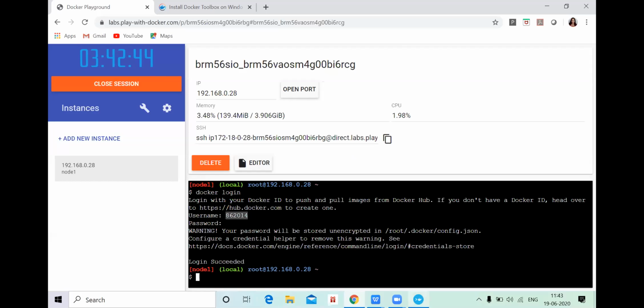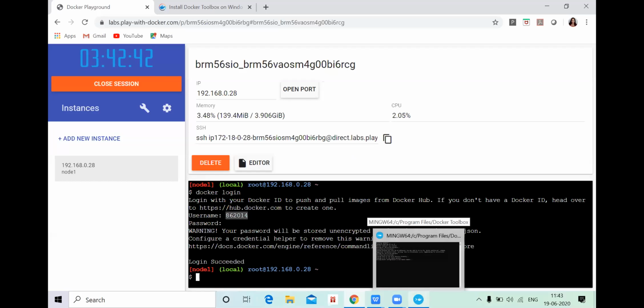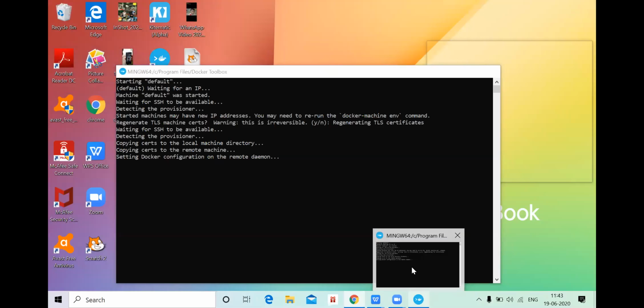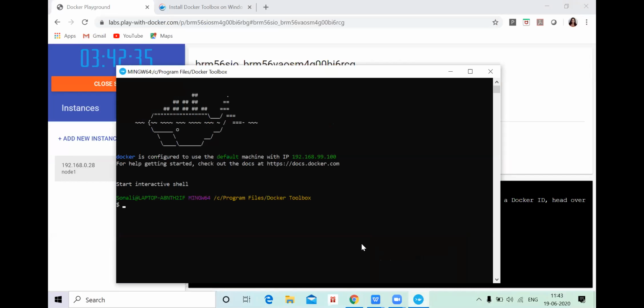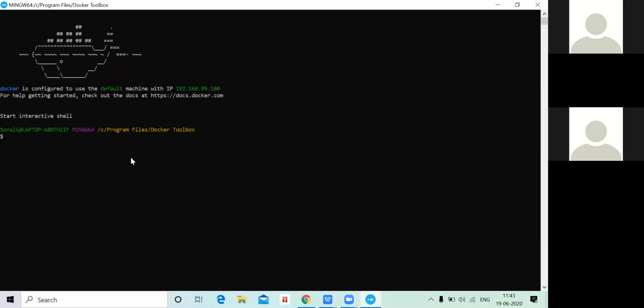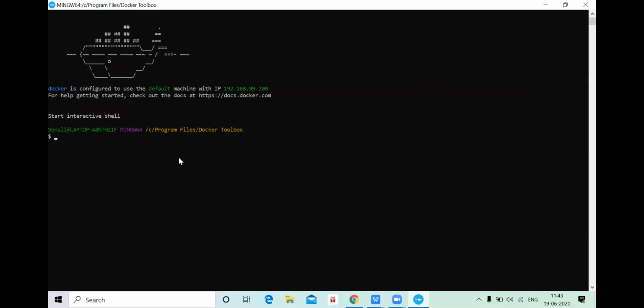If you want to see this, we will go back to the Windows Docker Quickstart Terminal. Let's go to this Quickstart Terminal. You can see my Quickstart Terminal is already ready, and here we can also type the programs. You can see the Docker symbol is there, and you can use this directly in Windows. Once you install this, this platform will be available for your Windows, but currently what we are doing is an online service.